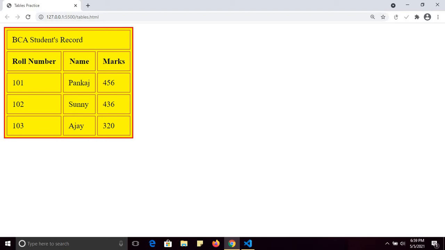Now I want this BCA students record must be in the center of this row. Fine, must be in the center.